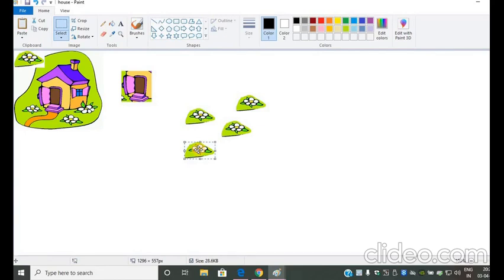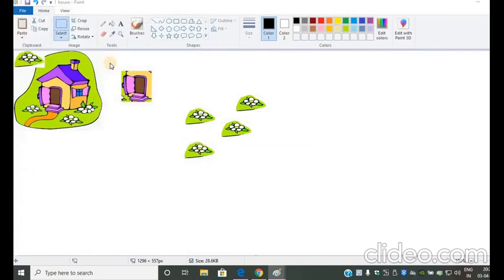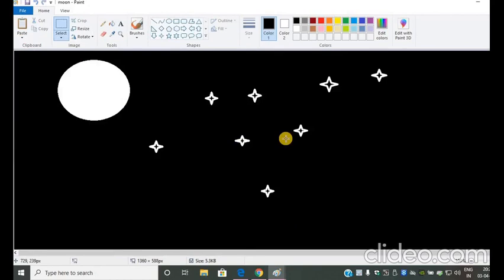So this way we can make a number of copies of the particular flower by copying and pasting the object. One more important, or interesting, use of it I can show you. I'll open one picture which is a moon picture. Suppose I want to draw this image and I want to make this sky full of stars. What I can do is go to the select option and select this star.